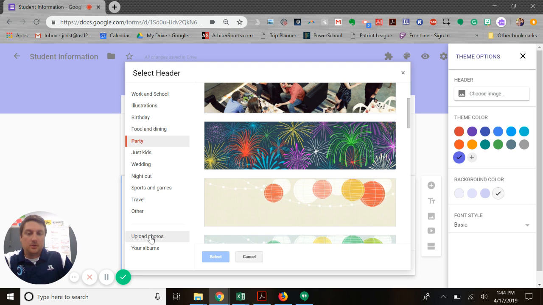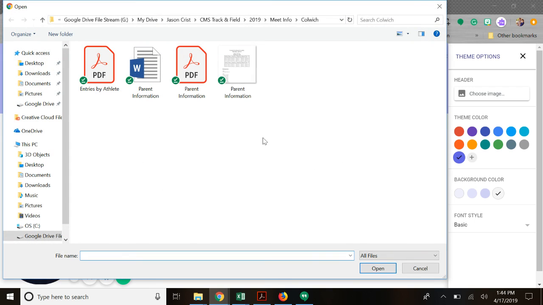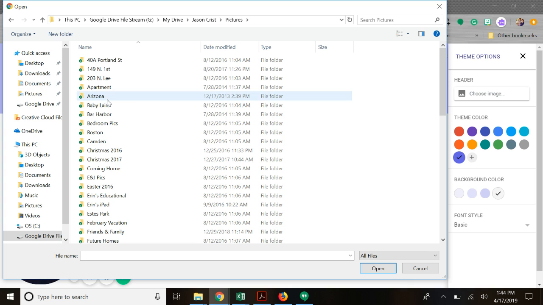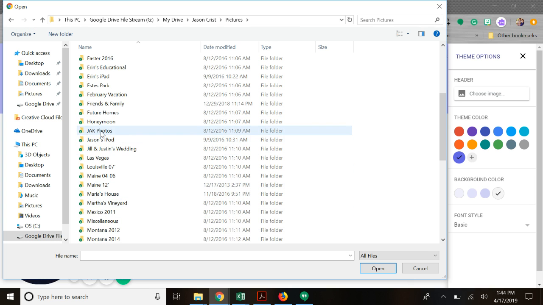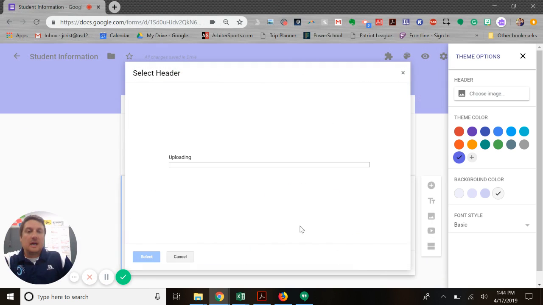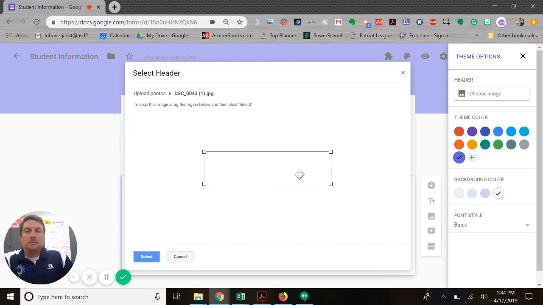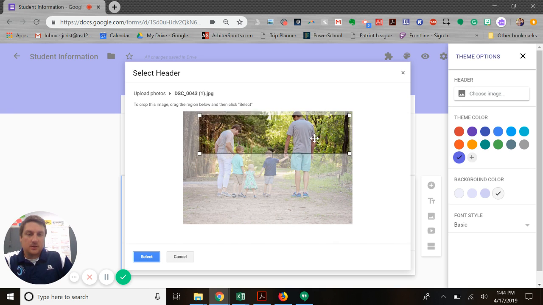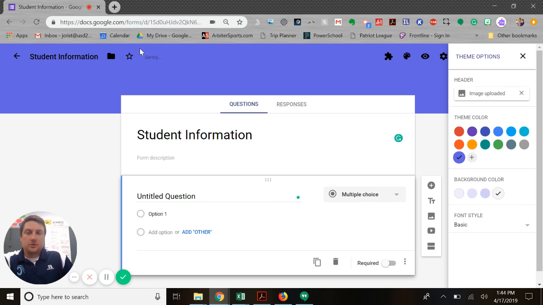You can also here upload your own photos. And so there's a couple options. One, if you just have a photo that you want, here you can select a photo from the computer, and you can find one. Though let's say you just use a normal image that you've got on your computer. Because it is a header, you see this box here, we're limited in its ratio. You can't drag it down or across, it's set. So if I go in here, it's set for a very specific ratio, and so you're going to get